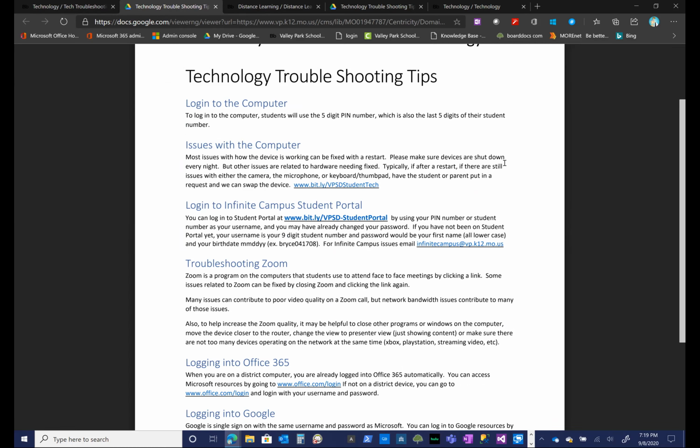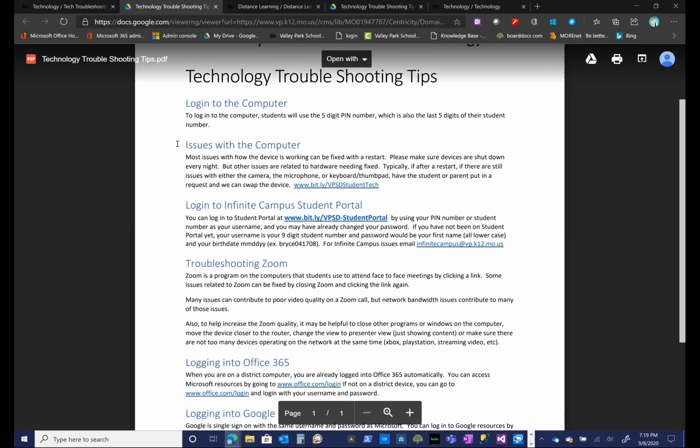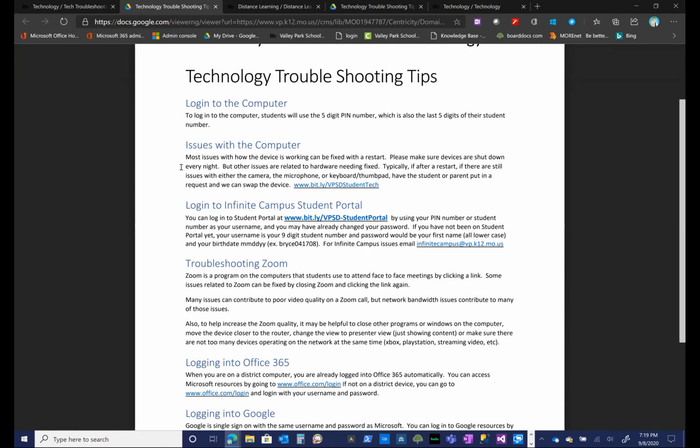So make sure you shut down the devices every night. Other issues, though, are related to the hardware needing to be fixed. Usually when you restart the computer, if there's still issues with the camera or the microphone or the keyboard thumbpad, or you see no boot device found, honestly, put in a student or parent request and we can replace the